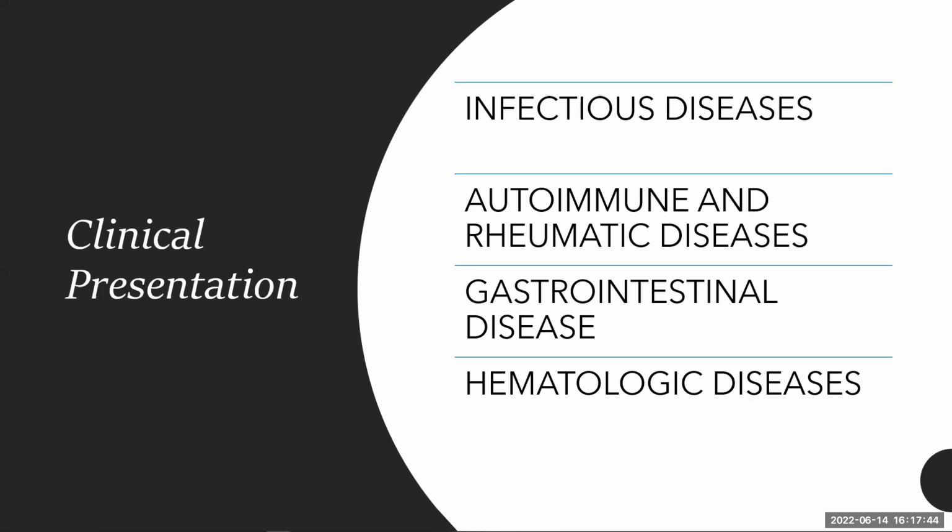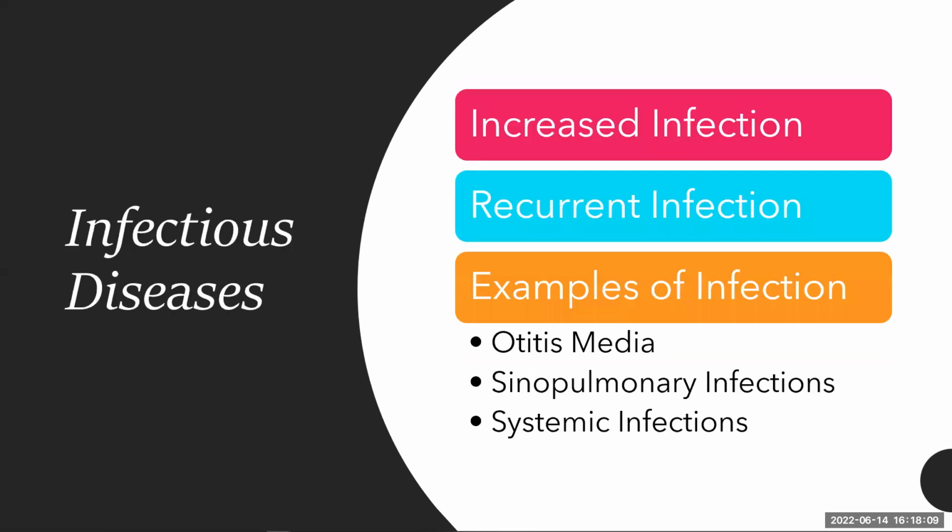This increased susceptibility to infections is really a hallmark of primary immunodeficiency diseases, and in most cases is manifested by reoccurrence. So again, a reoccurrent infection. It goes away and it returns, goes away and returns. These infections do not occur only in a single anatomic site, but usually involve multiple organs or multiple sites within the infected person. So these infectious diseases with persons who are immunocompromised, what do we see? Increased, recurrent, and let's look at some of these examples.